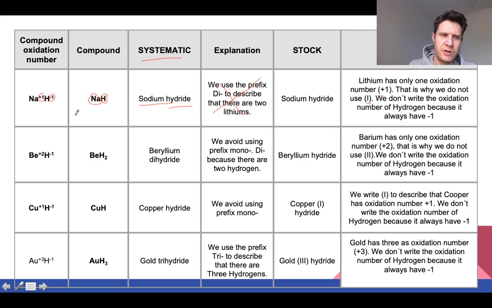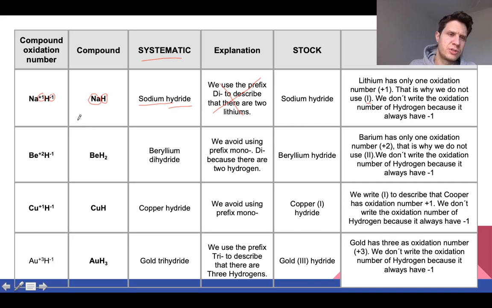If you remember the first column on the left side of the periodic table, we have hydrogen, lithium, sodium, potassium, rubidium, cesium, francium,